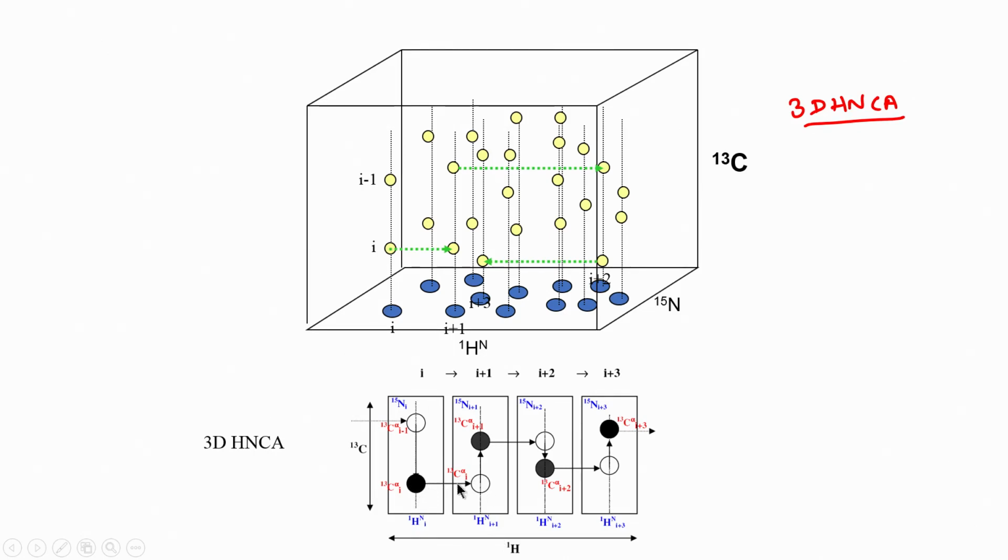Now, this I is shared with I plus 1, that is what we saw in the previous slide. When this is I, the other peak in this line becomes I plus 1, because we are on the amide of I plus 1. This I plus 1 is now shared with I plus 2, and I plus 2 is shared with I plus 3 and so on. So this is how we walk along the backbone. This is called sequential backbone walk. It is a very common terminology used in protein assignment, which we will be talking about more.